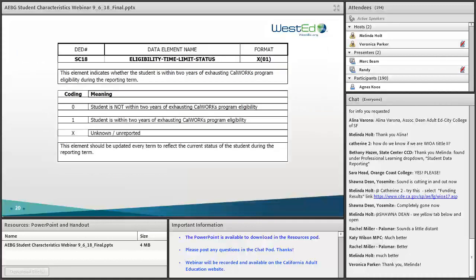First of all, the Student CalWORKS added a new data element, SC18, and this is related to the Temporary Assistance to Needy Families, or TANF. As Randy mentioned earlier, we need to know if a student is within 2 years of exhausting their TANF eligibility. I see right now that this does not mention TANF anywhere in the data element, even though it's a CalWORKS field. I think that's probably one of the things we want to ask the Chancellor's Office to address: perhaps help clarify that language, make that connection clear for everyone. So the next slide